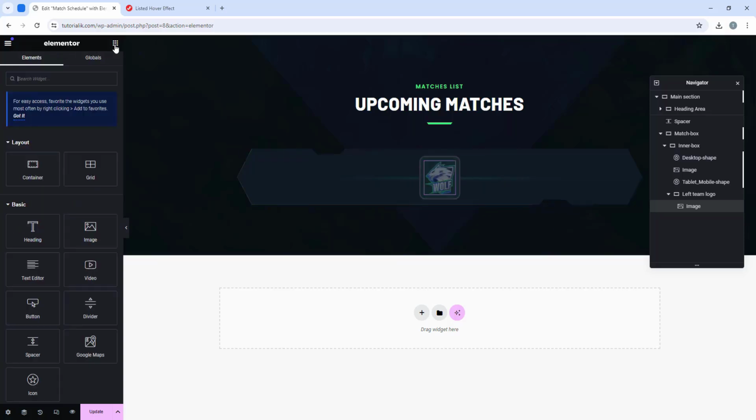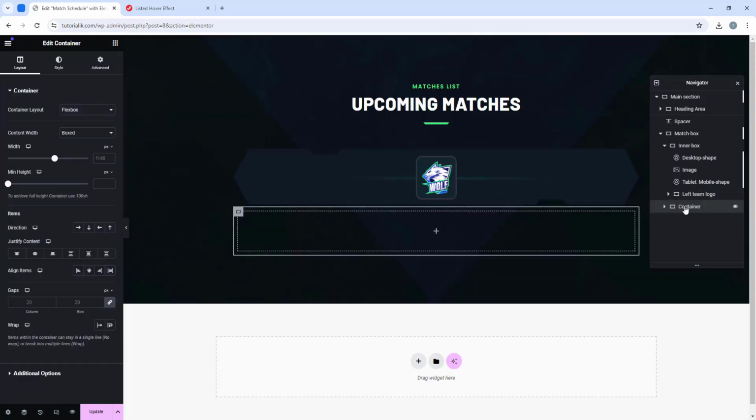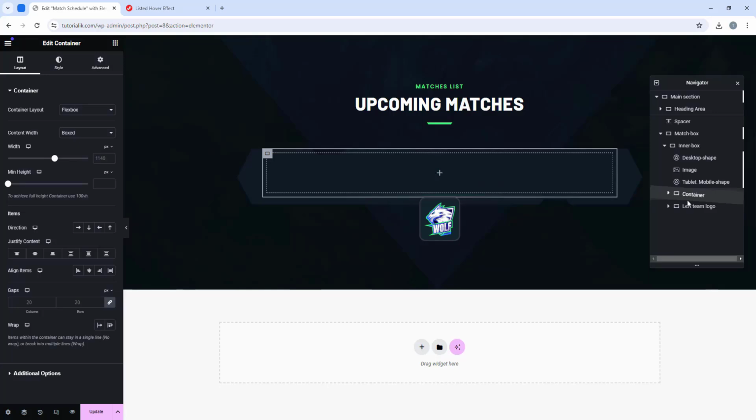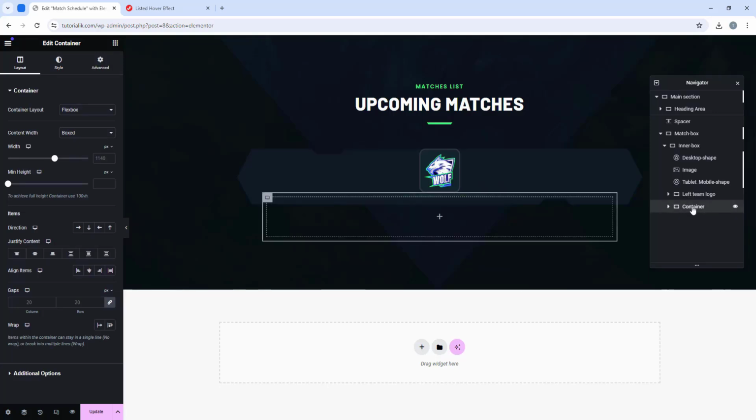So first of all, let's go here under the widgets, and now I'm gonna add a container after this left theme logo. So let's place it here, and let's drag it up and drag it down. And I'm gonna rename this one theme details. Now let's make this content width full width, and inside this width, I'm gonna select this custom, which